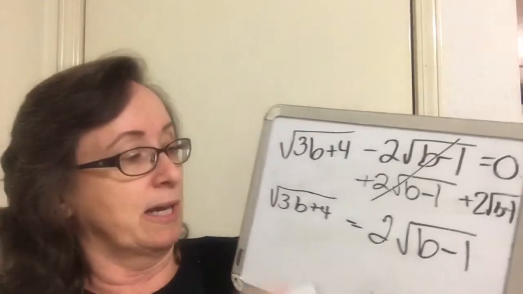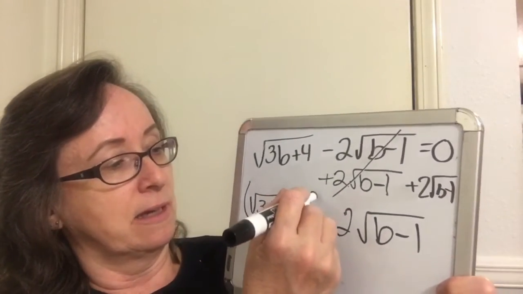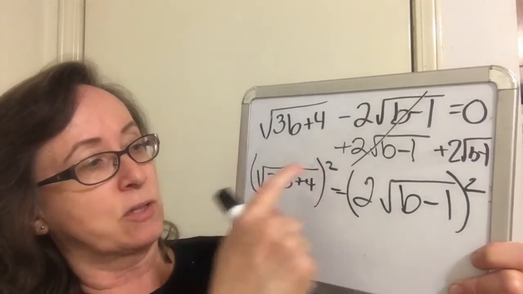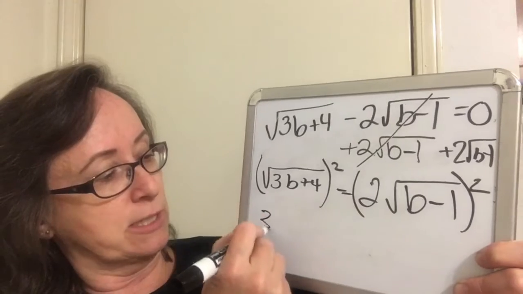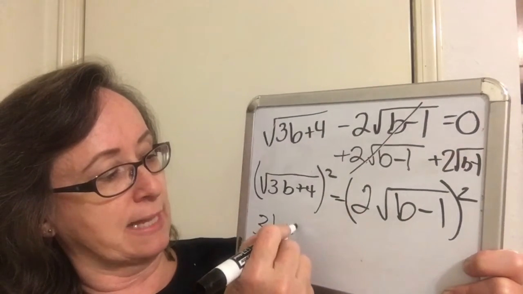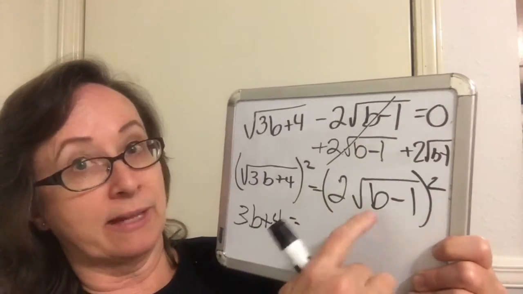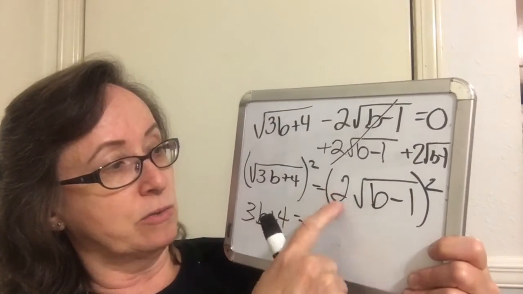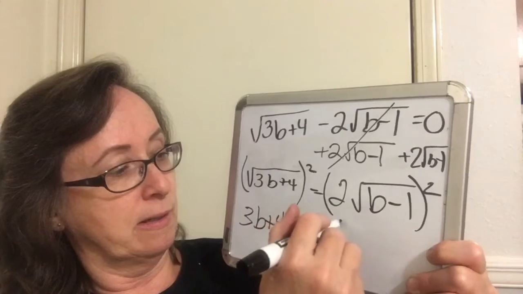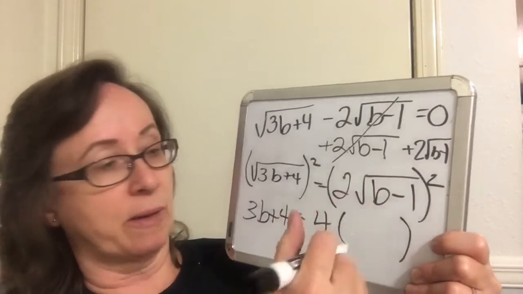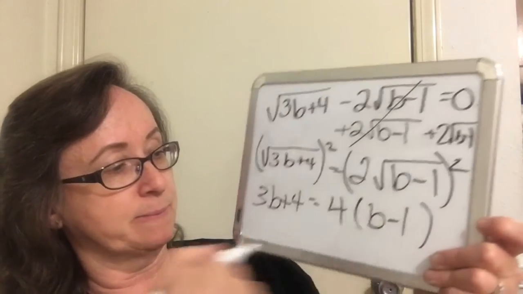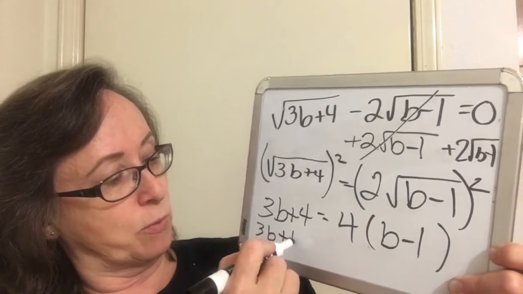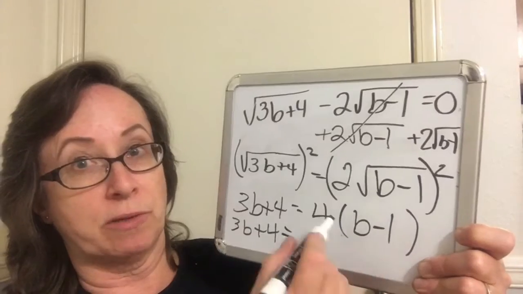So now when I square both sides, oh, things just get really dandy because I squared the radical, and so I just get a 3b plus 4 on this side. And then on the other side, I'm going to square both parts here. So 2 squared is 4. And the radical squared just gives me b minus 1. So I wind up with 3b plus 4 equals, I'm going to distribute this through,